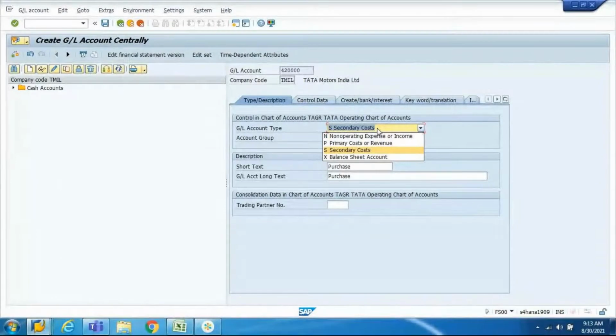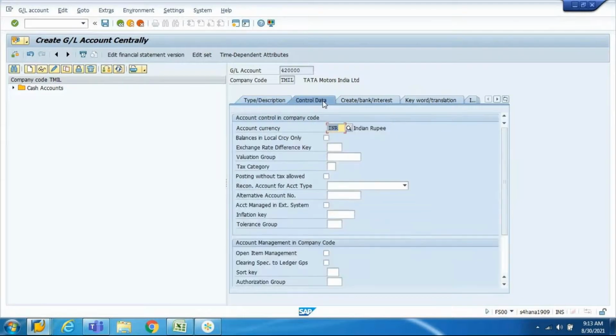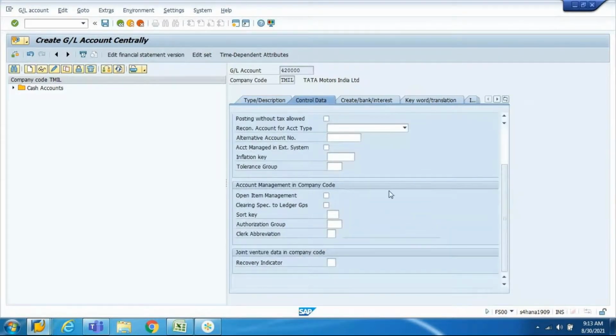Now, since this is a P&L account, currently we are not moving anything to the controlling side. So I'm selecting this as non-operating expense or income. If I go to control data, now those controlling settings will disappear. Why are they not reflecting here? What is the reason?